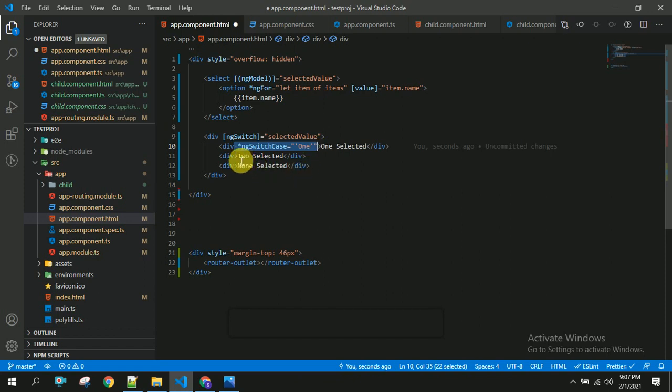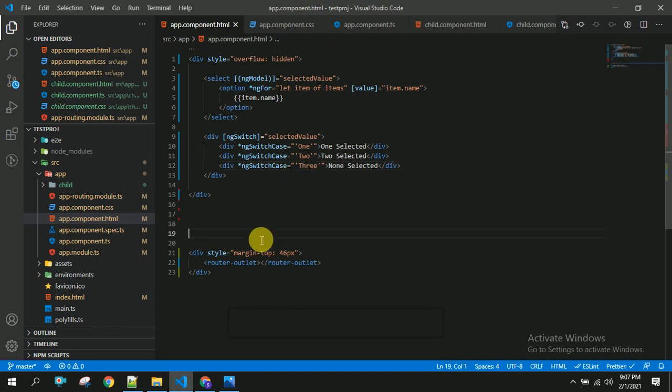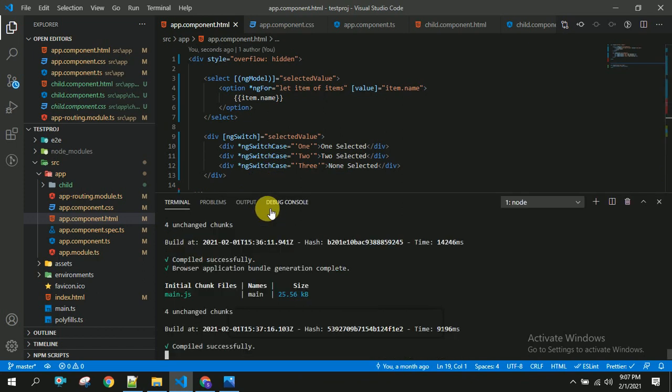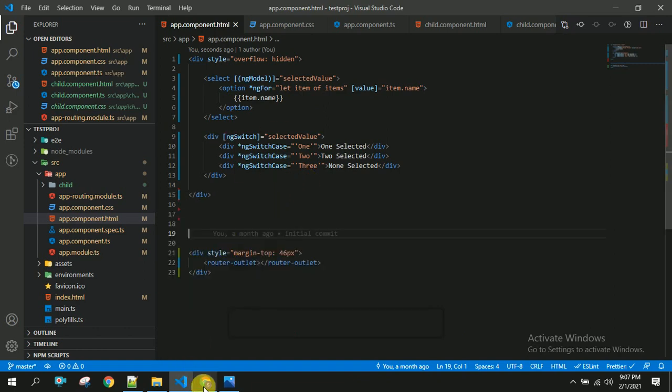I am going to copy this here. So this is 2 and this one is 3. I am not using default here. Once we check this, we will see default as well.